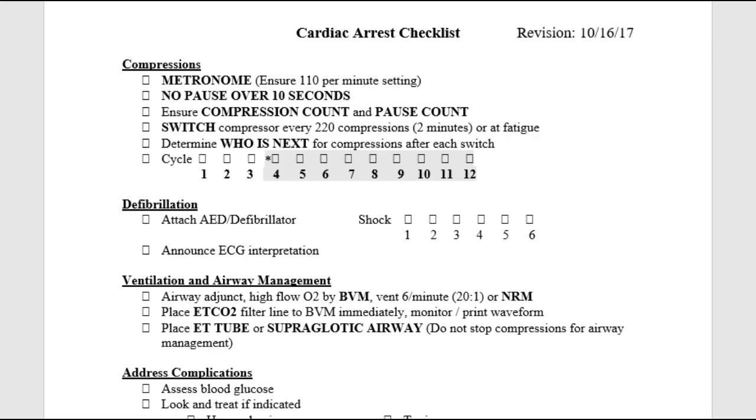Second thing I want you to talk about is your reference tools. So somebody go get the kits that have the Broselow tape, bring it into where you're watching this video. Everybody else, pull out your phone apps, grab a MacBook, bring a MacBook in for this training. Find the drug formulary in the app, find the cardiac arrest protocol in the app. Look at the pediatric drug doses, and then talk about how you would and could use these apps during a